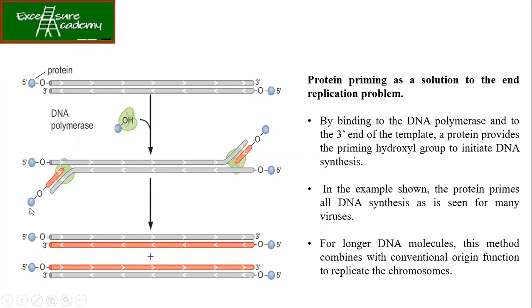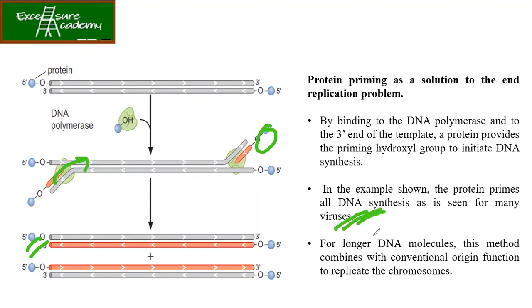So what will happen now? The protein has given you the OH group. Now the DNA polymerase will come and it is going to initiate the DNA synthesis. Okay? In both strands, we saw both sides, including the lagging strand. So now what we see is that in both the cases the priming protein is present. Okay. So in the example shown, the protein primes all the DNA synthesis as seen in the case